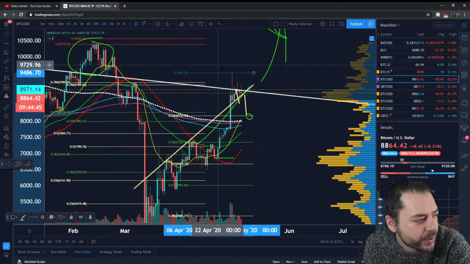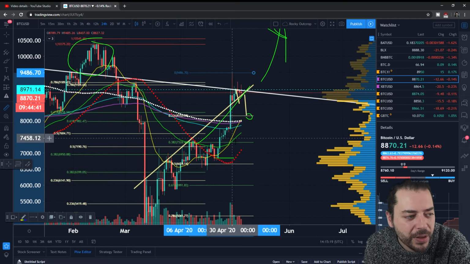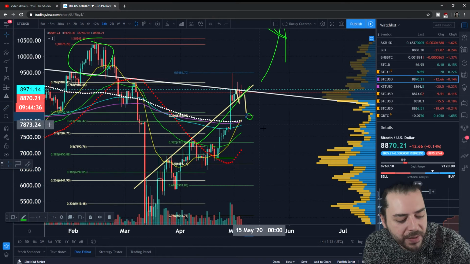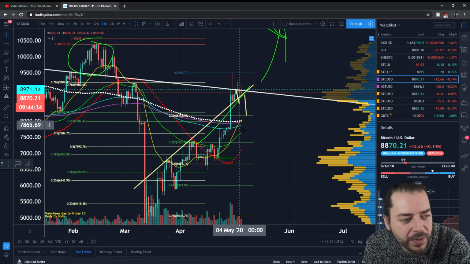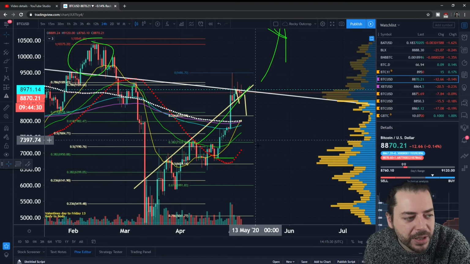Anyway, so there you go. So that's kind of what we'd be looking for overall. What we've got in terms of little things happening for us in the meantime is the 21 EMA crossing over everything, and generally speaking, in terms of bullishness, you want to see all of the